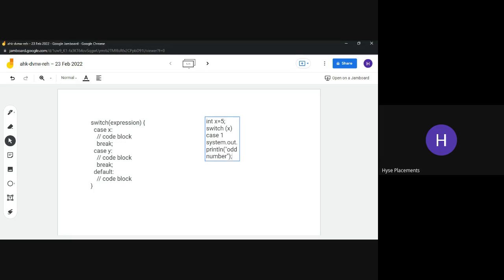Okay, and then I'll break the code. Next, I'll write case 2, where I do system dot out dot println. I'm using this SOP abbreviation, system dot out dot println, just to save time, since it doesn't work in the code. So I'll write even,